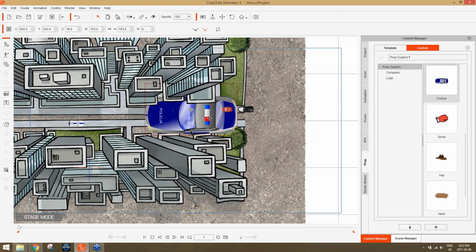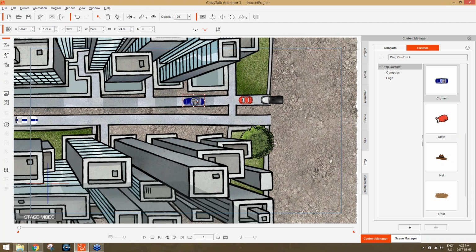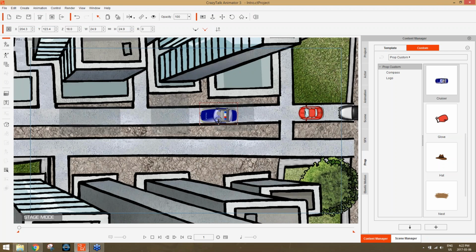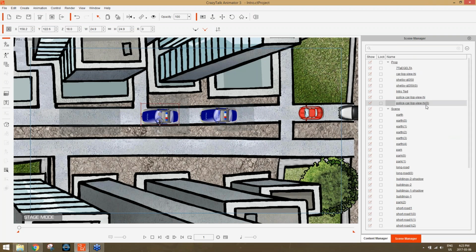We can also hold Control and click and drag. Let's actually just scale it down first. Say we had a cavalcade of police cars just driving along this road. Let's hold the Control key, click and drag, and it'll create a duplicate of that. In the scene manager, you can see it creates another police car top view with a 0 in parentheses. We can create a third one just like this by holding Control and clicking and dragging, and that creates a